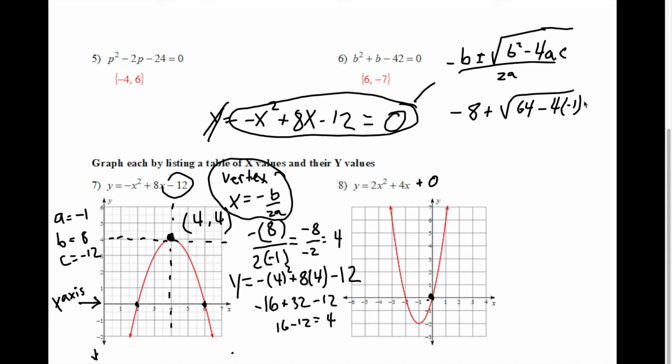I always like to write this part out because it can help me keep track of my negatives and positives. So I've got 4 times negative 1, so negative 4 times negative 1 times negative 12. So 3 negatives is going to equal a negative. So 4 times 12 is going to be 48. So basically I've got negative 8 plus square root of 64 minus 48